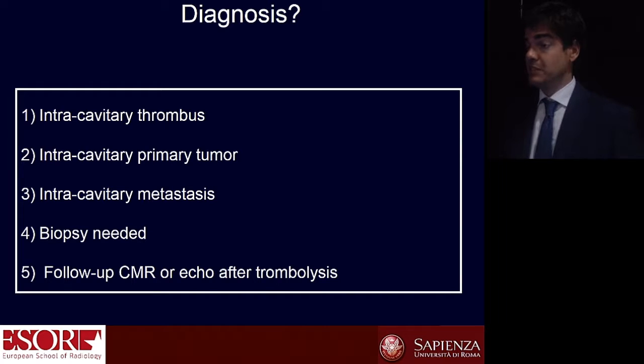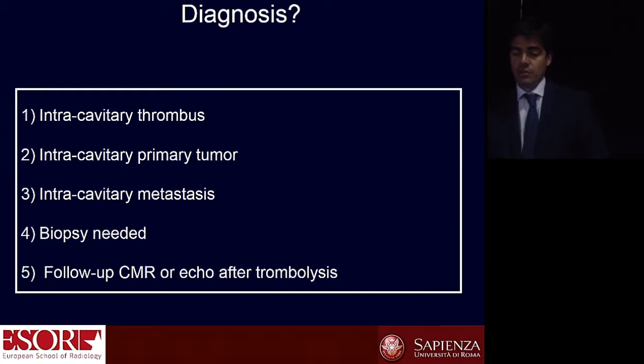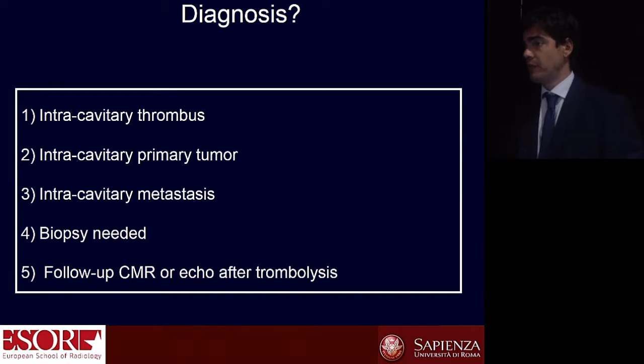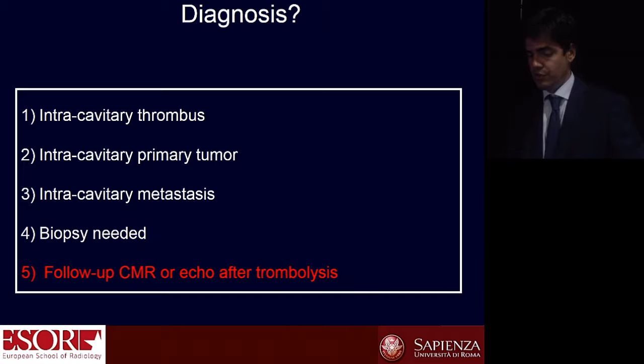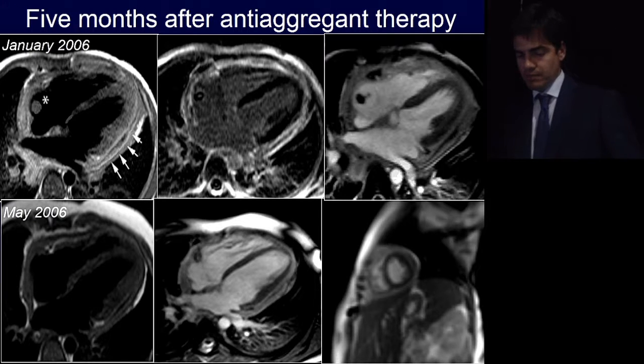It was a difficult case because this patient had tubercular infection. We were focusing on this mass, and we decided to do a thrombolytic therapy for this patient and to do a second MRI in order to exclude intracavitary thrombus. And what happened, just to tell you how much morphology can be strange, this lesion disappeared, as shown here. First line is January 2016, second line is May 2016, so we did this patient last year. The thrombus disappeared,